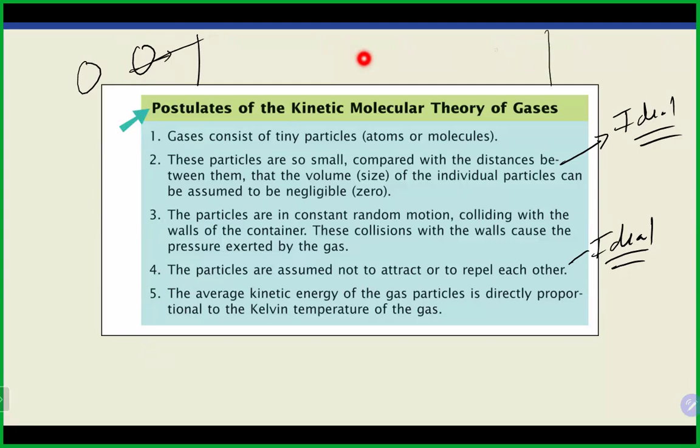But if we introduce the idea that there is perhaps either an attraction or a repulsion between those two molecules, which does not happen in an ideal situation, but in a real situation it does. Let's say it's attracted. So what happens is this guy is attracted to this guy. It's going to actually slow him down, right? And he's not going to hit the wall as fast or as frequently because there's going to be that kind of pull. Or he may even hit it a little faster in some cases if it's repelled by it. And that's going to affect the pressure. In an ideal situation, we don't worry about that. In a real situation, we do.